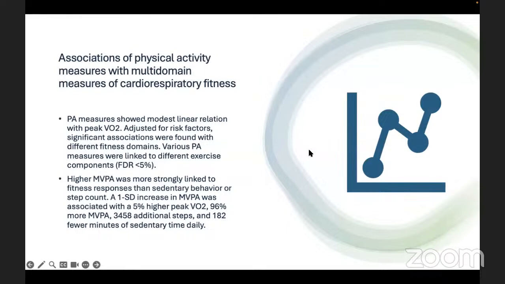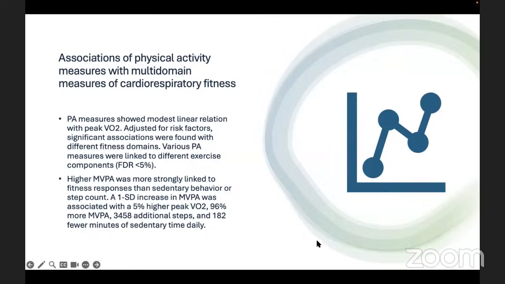Significant associations were found with different fitness domains. Various physical activity measures were linked to different exercise components. FDR less than 5% was found. So the higher moderate vigorous physical activity was more strongly linked to fitness responses than sedentary behavior or step count. A 1 standard deviation increase in moderate vigorous physical activity was associated with a 5% higher peak VO2 and 96%